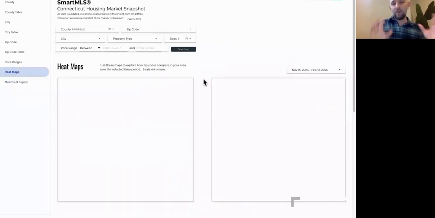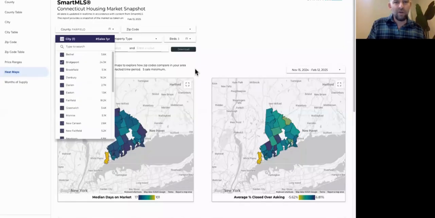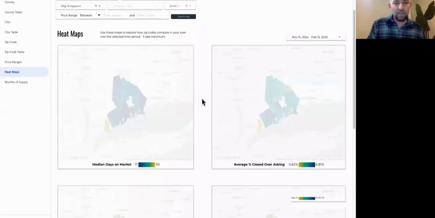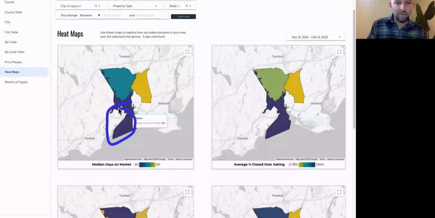Again, I'm not going to go through everything on comparison reports here, but I wanted to introduce that concept to you guys, and I wanted to encourage you to come in and look at this tool as a way to bring urgency-inducing content out to your marketing channels. We can see right now if we go into Bridgeport right here, let's see what the median days on market is. And yeah, so if you got sellers down there in the coastal area in the south, properties are selling a third as fast as the ones up here. Screen grab, send it out in a text message to somebody I haven't talked to in a couple months, it's bound to get a response.